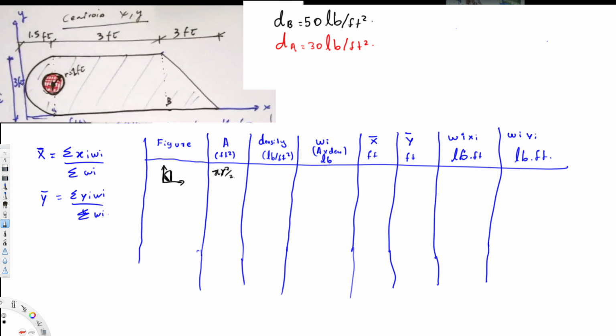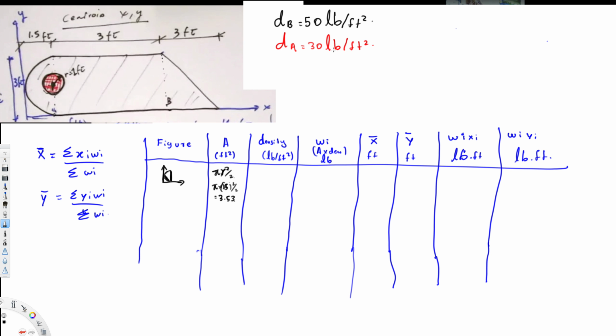The radius is basically half of this, so it's 1.5 from the origin, right? So this is the radius. So pi times 1.5 squared divided by 2, and if you calculate this value, it comes out to be